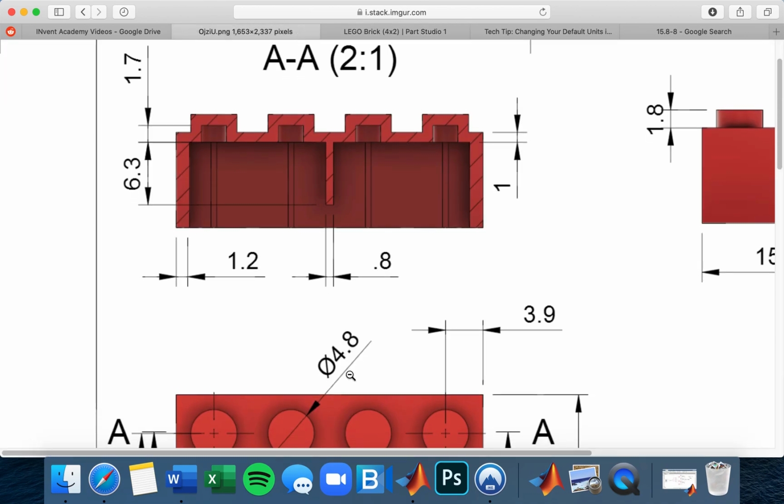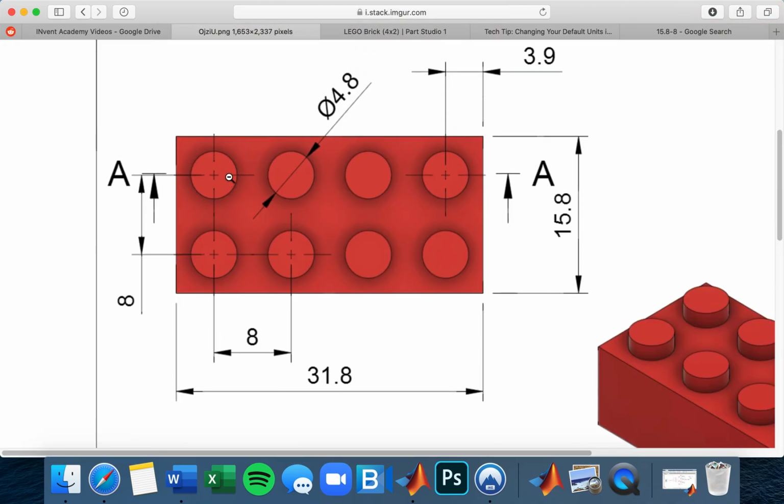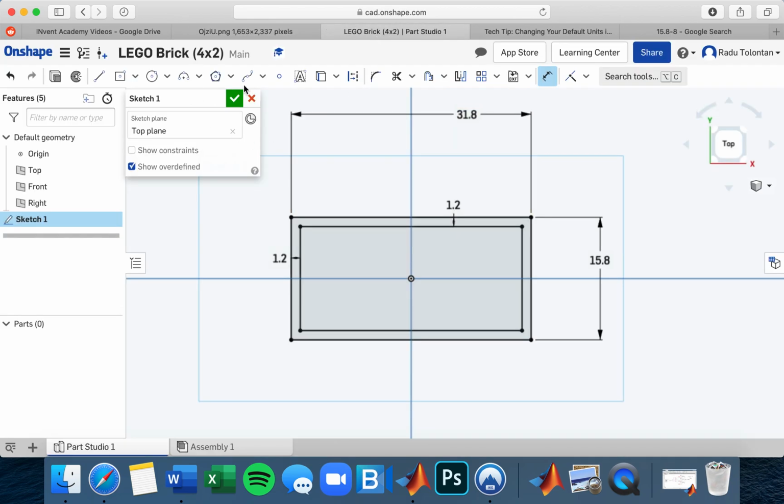The next thing we have to do is put in a dimple, or one of these pegs as they call them in Lego. The size, the diameter of this peg, appears to be 4.8 millimeters. The way you know is this sign over here, the O with a vertical line through it, means diameter. Therefore, I will create a circle which is 4.8 millimeters big. I'll click on the center point circle, put it anywhere at this point, extend it outward,